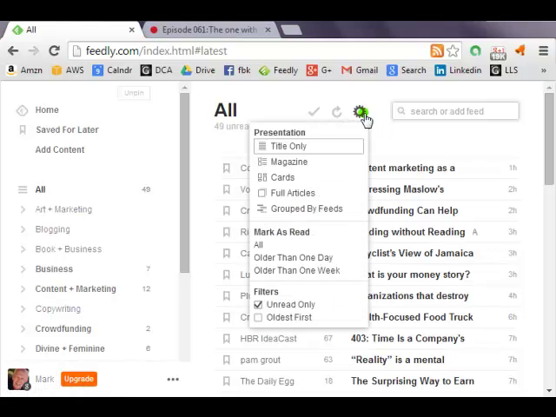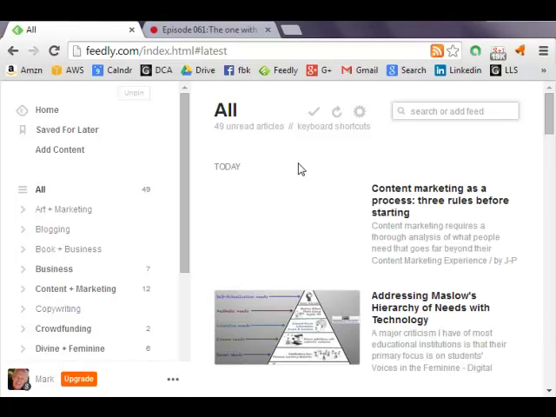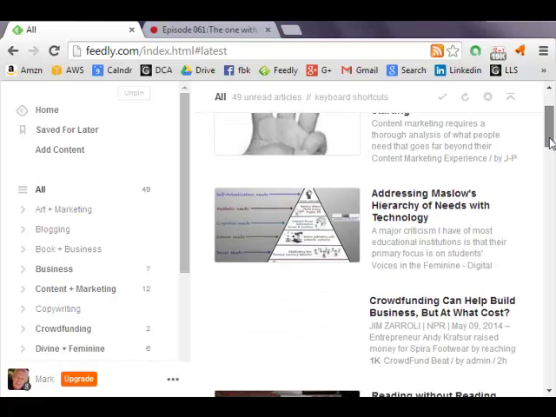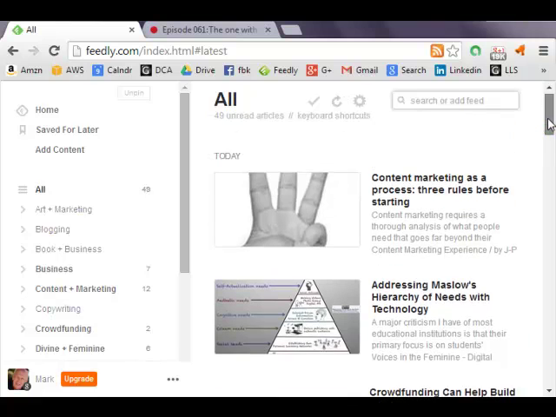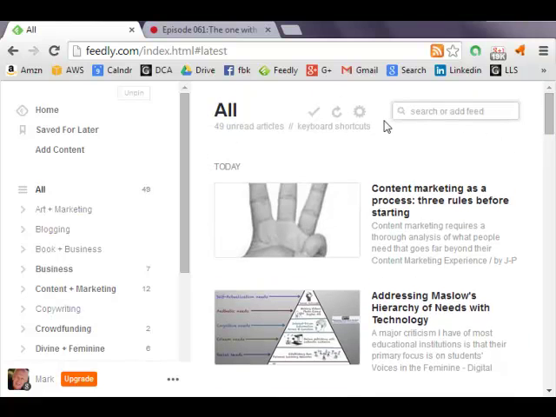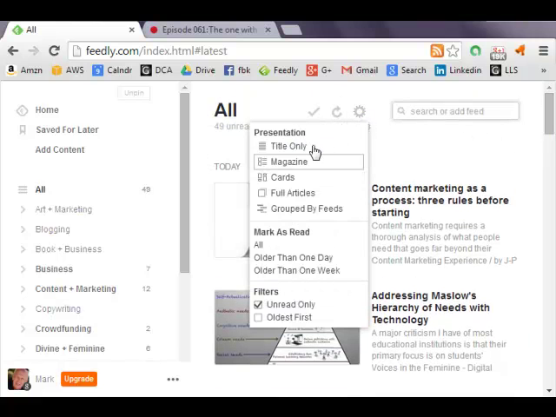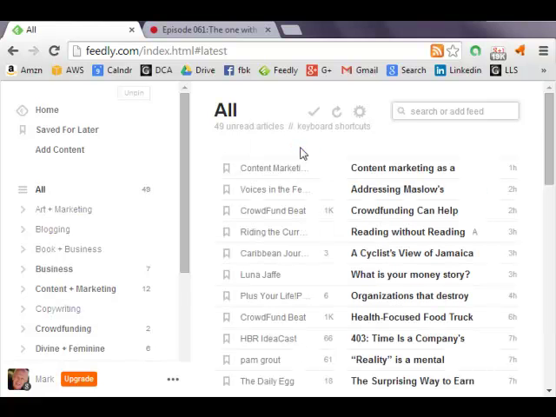Now in Feedly you can also set it so that you may be more of a visual person and like to see more visuals. If the blog post for the feed that you've subscribed to has a picture attached to it, you're going to see that image, and you can see those images that are here. This blank area you see here means there's no picture for that particular blog post. I prefer to leave the setting on the list, on the title only,